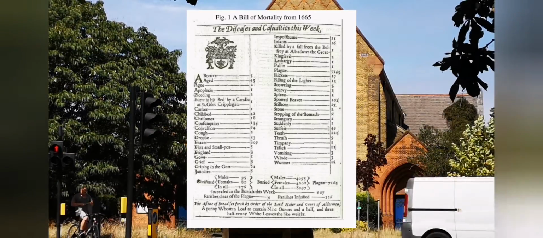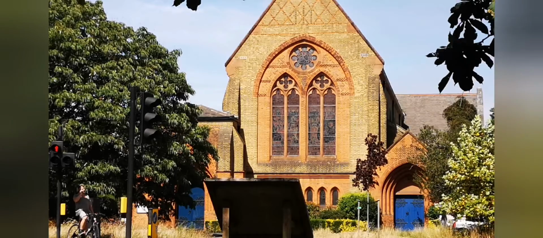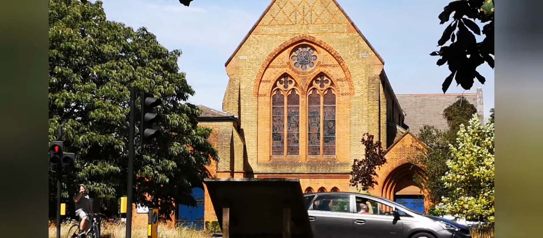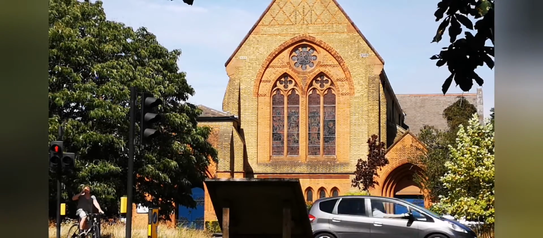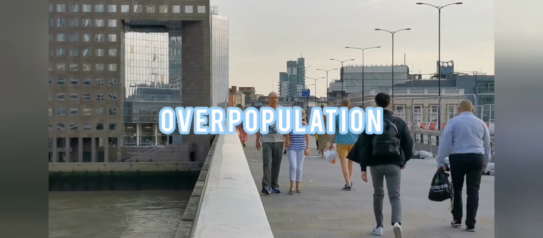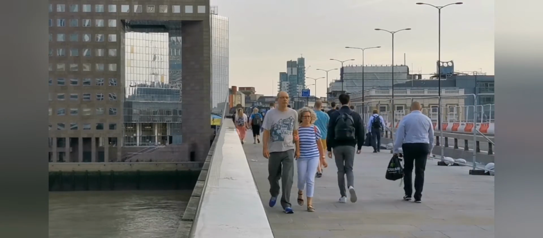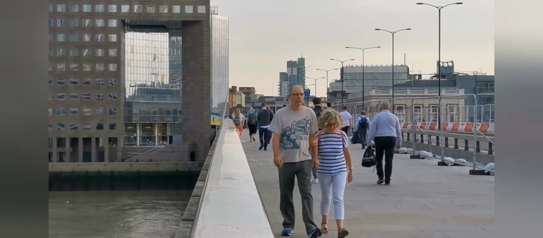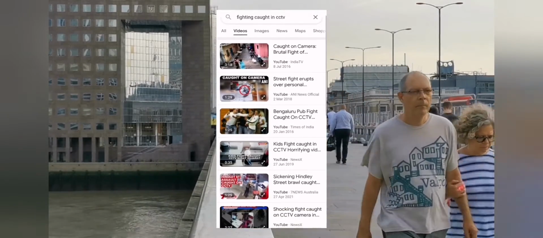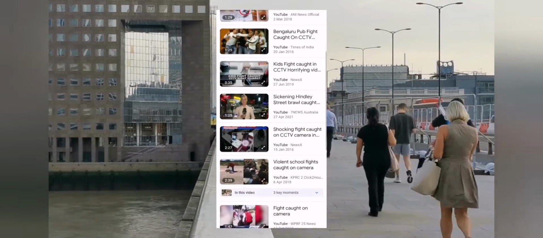Anyway, to make the life tables, Grant studied the death records in London parishes and noticed a death statistic that is recurring. He classified the death rates according to the cause of death. And interesting things to note while he was doing this was that overpopulation was also a cause of death because of the higher rate of death in urban areas while in rural areas. There's so much action going on in urban areas, you just tend to have more deaths.